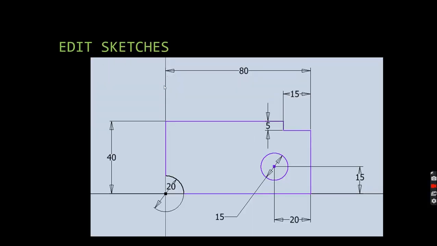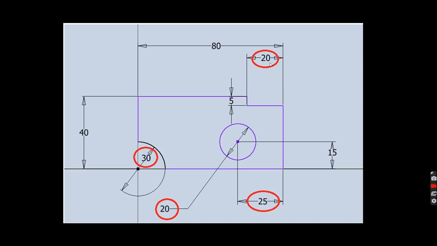We're also going to take a look at editing sketches. We're going to take this sketch here and we're going to draw it, and then we're going to make some changes. We're going to change these dimensions here, and we'll look how that is done. Okay, so open up Inventor, and we're going to open up an inch drawing,